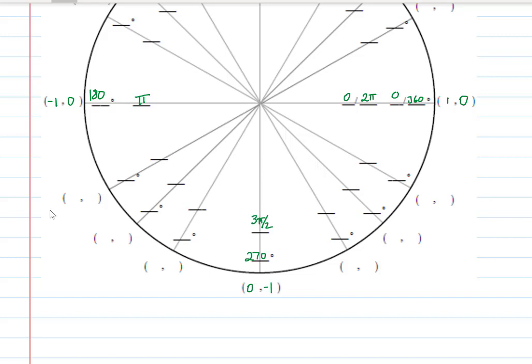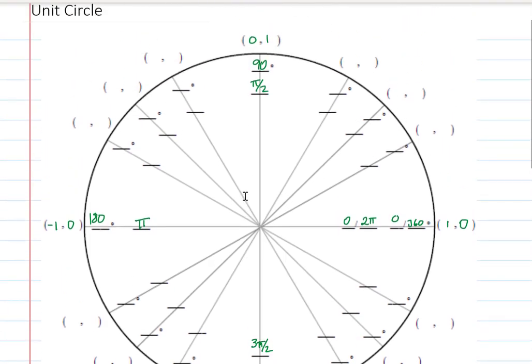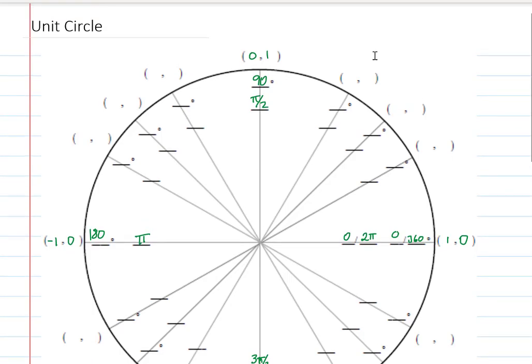All right, so that much we know, just from the fact that this circle has radius 1. So we can figure those out. Now our job is to fill in the rest of this circle, and you're going to see the symmetry here. They're going to be very similar except for the sign. Remember how we said these trig functions are going to have different signs depending on what quadrant you're in. Okay, so we start with the first quadrant. If we get this first quadrant figured out, then the rest is going to be very similar except for the